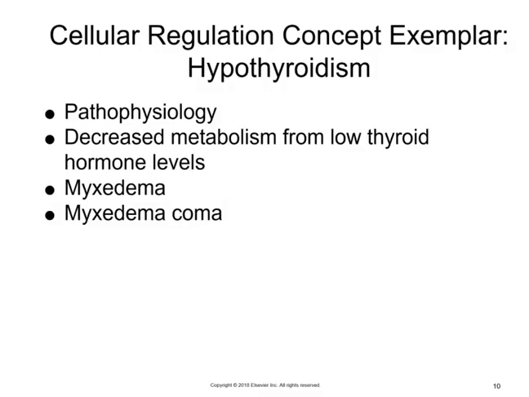With myxedema, these clients have an even further decrease in their metabolism, and this causes the heart to become very lazy. It becomes flabby, and the chamber size will increase. And as a result of that increase, they're going to have a decrease in cardiac output. So they're going to have decrease in perfusion, decrease in oxygen exchange, so gas exchange is going to be impaired, and this affects the vital organs in the brain, and it leads to organ failure.